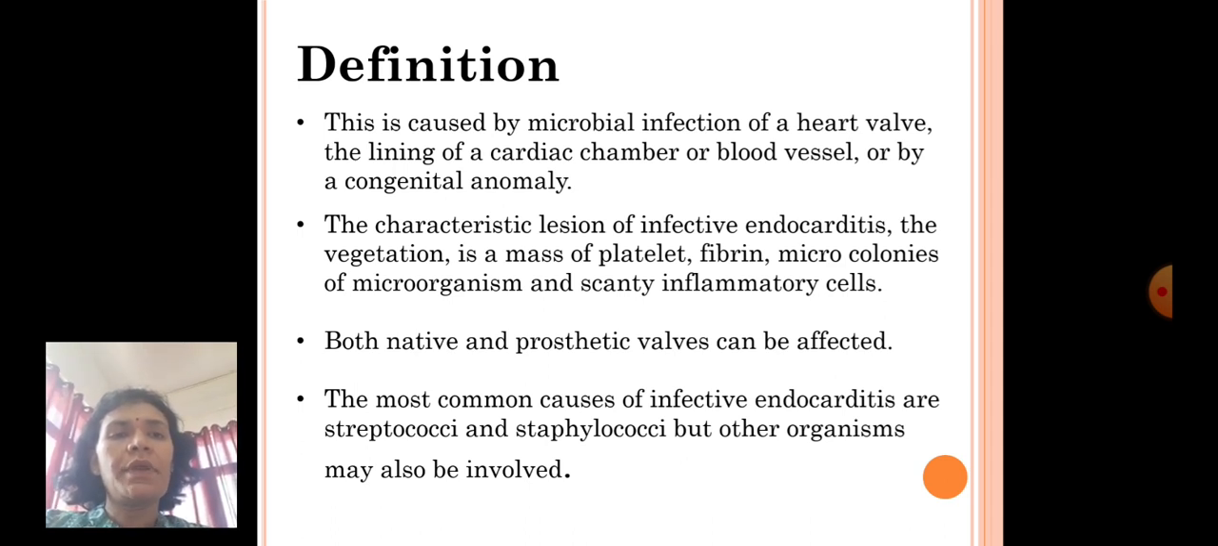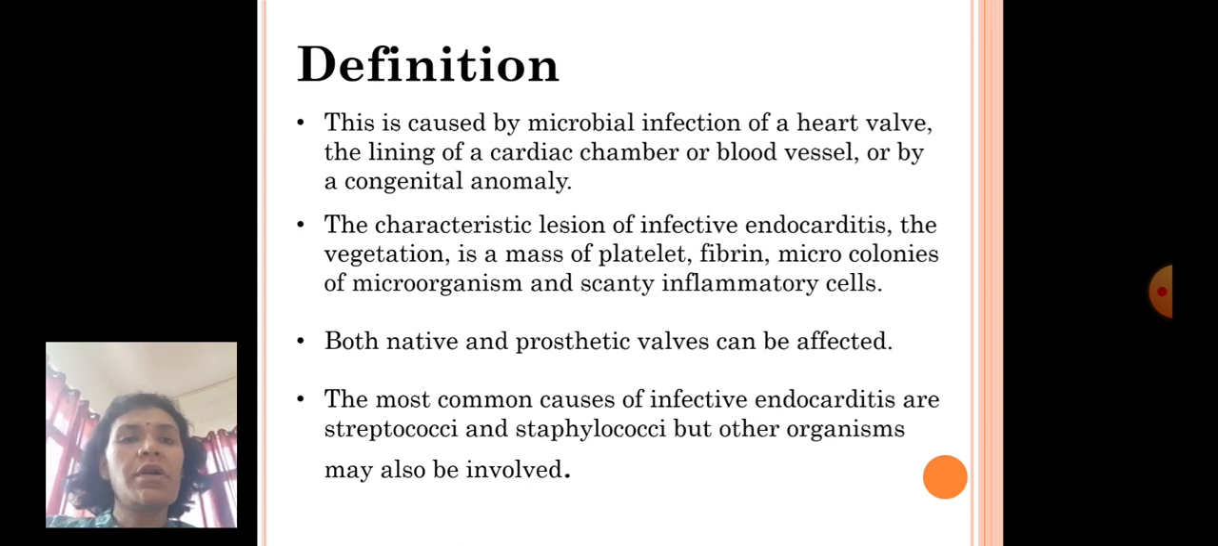Characteristic lesions of infective endocarditis are the vegetations, which are a mass of platelets, fibrin, microcolonies of microorganisms, and there are scanty inflammatory cells also. Both the native as well as the prosthetic valves can be affected with the infection. The most common causes of infective endocarditis are streptococci and staphylococci,